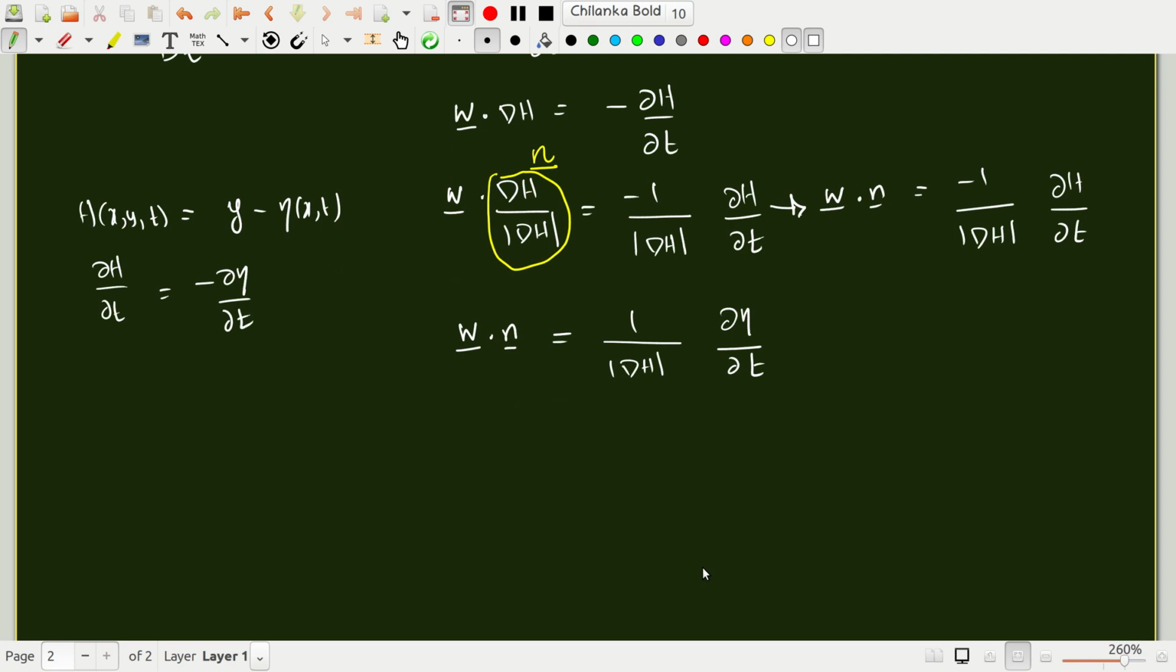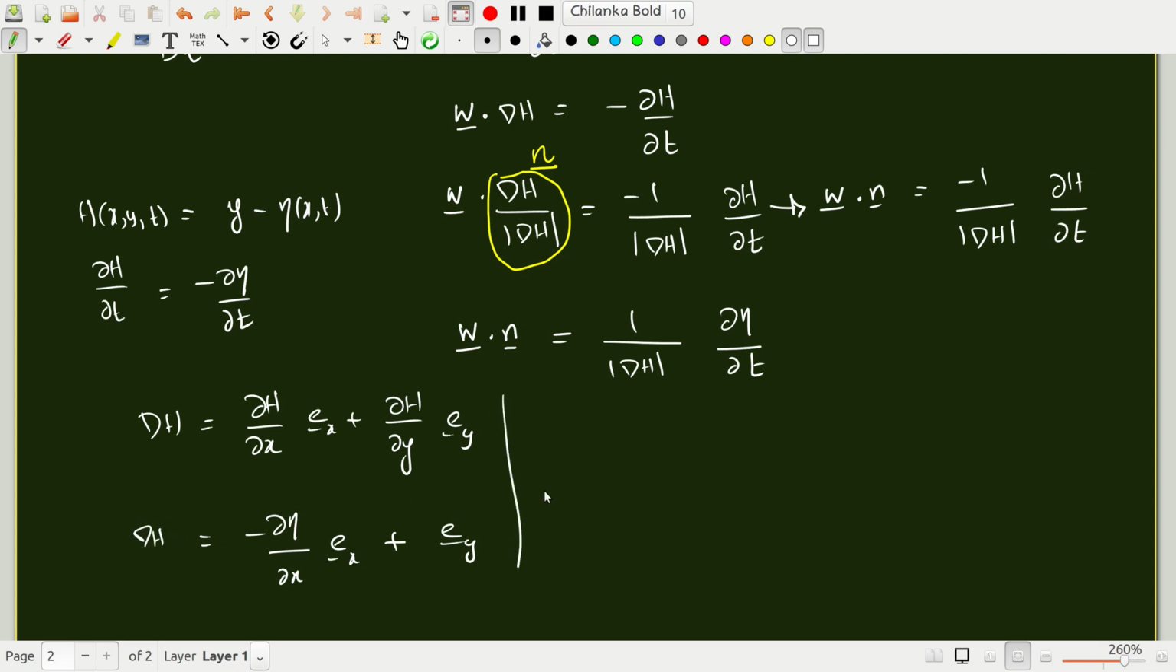Right, so now what is del h, what is grad h? It's nothing but partial h by partial x ex plus ey, and this is nothing but minus partial eta by partial x ex plus ey, because partial by partial y is just 1. If you do this, then mod del h, which is del h dot del h to the power half, will give you 1 plus partial eta by partial x squared to the half. And therefore w dot n